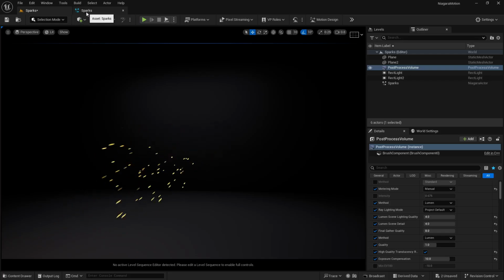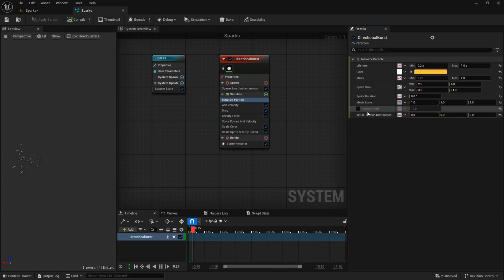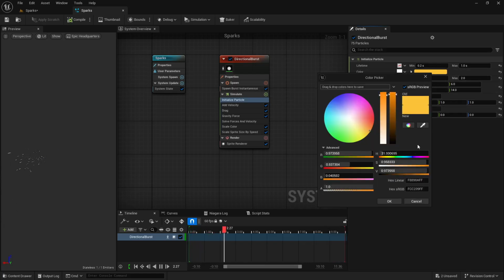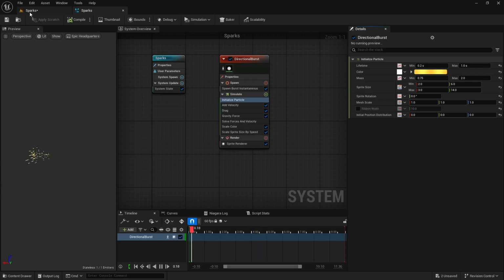So what I am going to do, I am going to go to sparks again. And now I'm going to make sure that it glows. In order to give that glow, you need to increase the value here to like 5 or 3, something like that. You need to go above 1 in order to get that glow. Okay, so let's just save this.